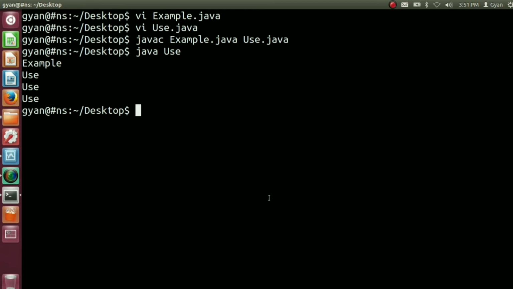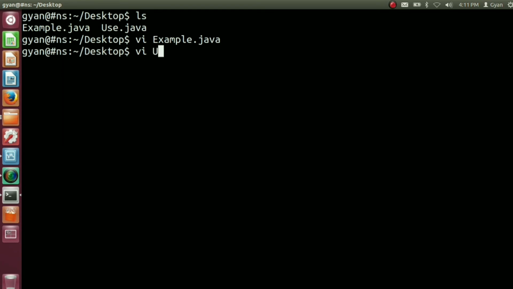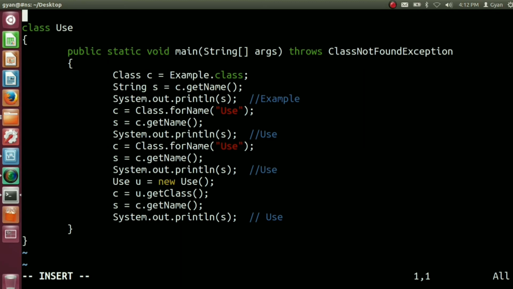But let's make some changes in the code. Open example.java and give package information to example.java. Write here package mypack; and make the class example a public class. Now open use.java and import the class example from the package mypack. Import mypack.example;